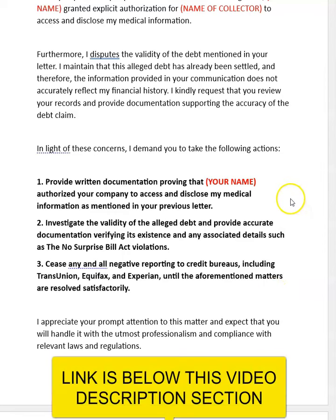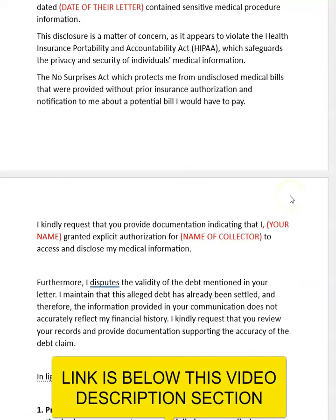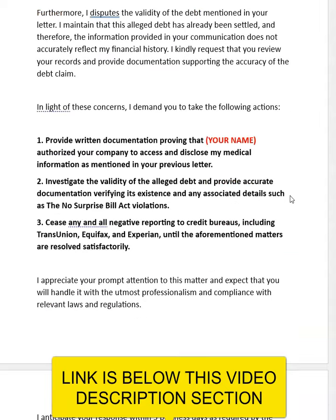Here's the template that I want you to use to fight off medical debt. The key points in this template? This is designed by myself at the credit repair shop, Stephen A. Williams. This document is going to make sure that they followed all the rules to number one, if they disclose